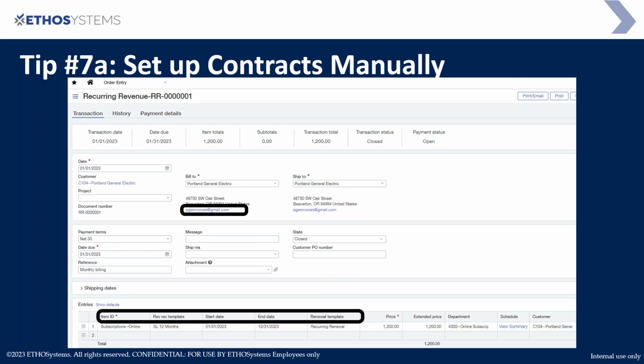I have my start and end dates for my contract, simply the first of the year to the end of the year. I also have my renewal template because I want this to be recurring. So in 2024, January, Intacct should be able to create a new invoice for me to bill because of this renewal template right here. And then the price, I simplified it as $1,200 so that we can recognize revenue at